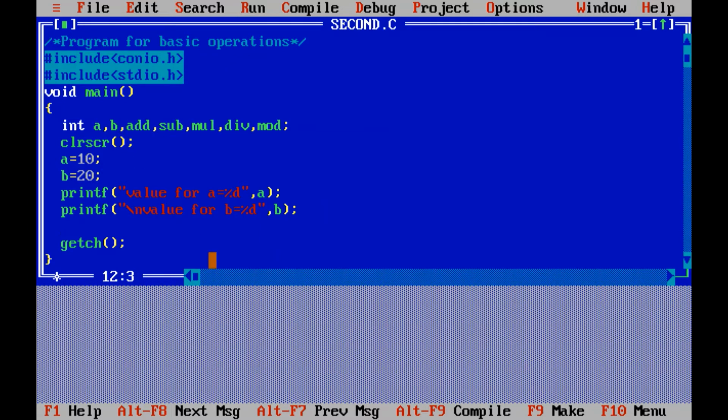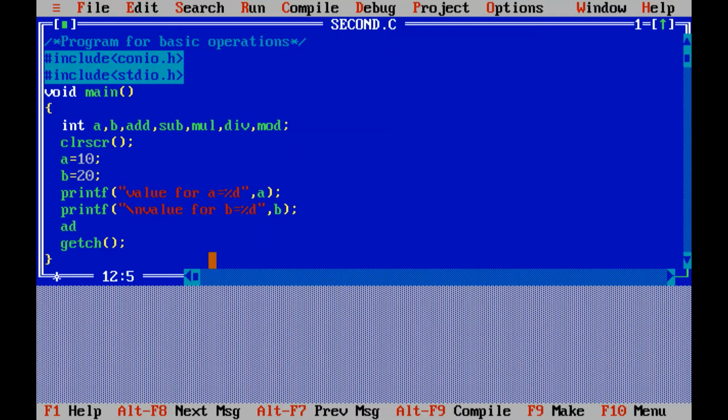Remember in programming, whatever you write on the right side of the equals to is going to be stored in the variable on the left side. I want to store my answer in the add variable, so I have to write that variable on the left hand side of the equals to.